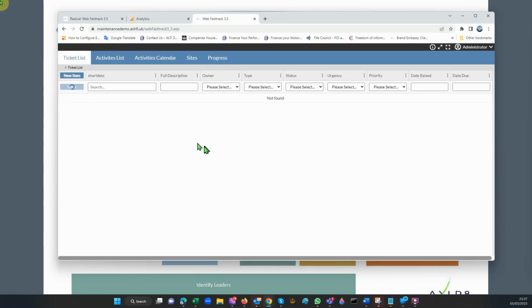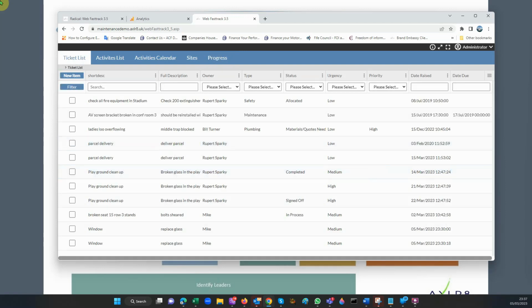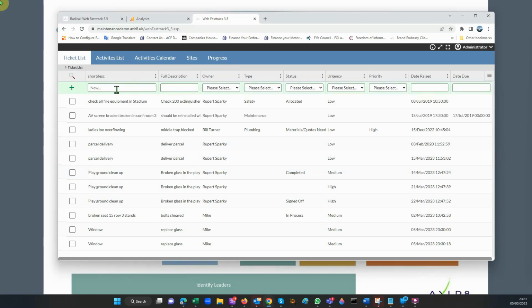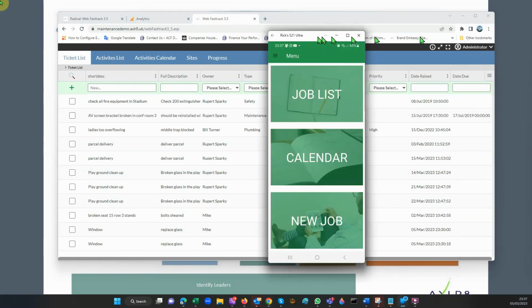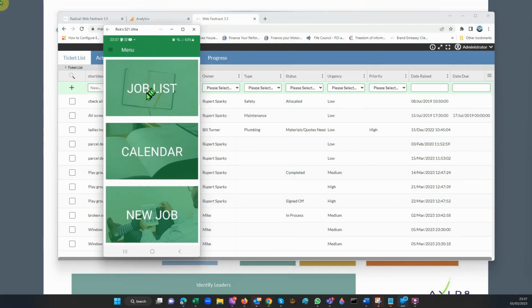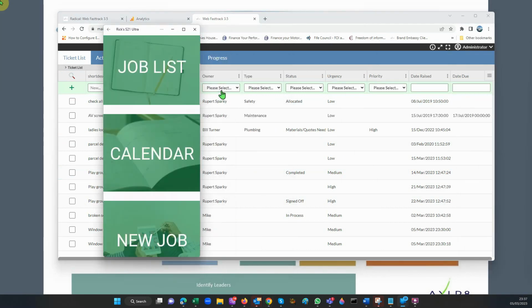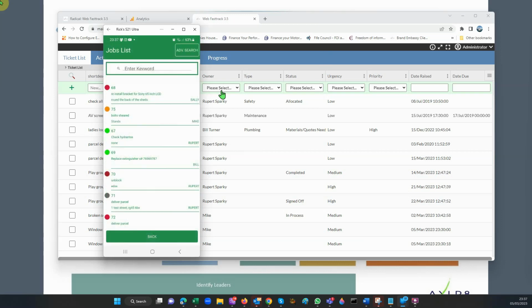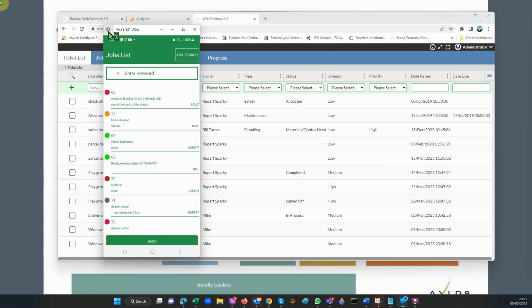Going back to the ticket list, let's have a quick look at how those tickets are created. Now you could create them by just typing them in at the head office. You could just say new item like this and bring up a new one, but mostly they would be generated on this list, this little beastie here. It was a demo. So what I have here is my jobs list, which was from this